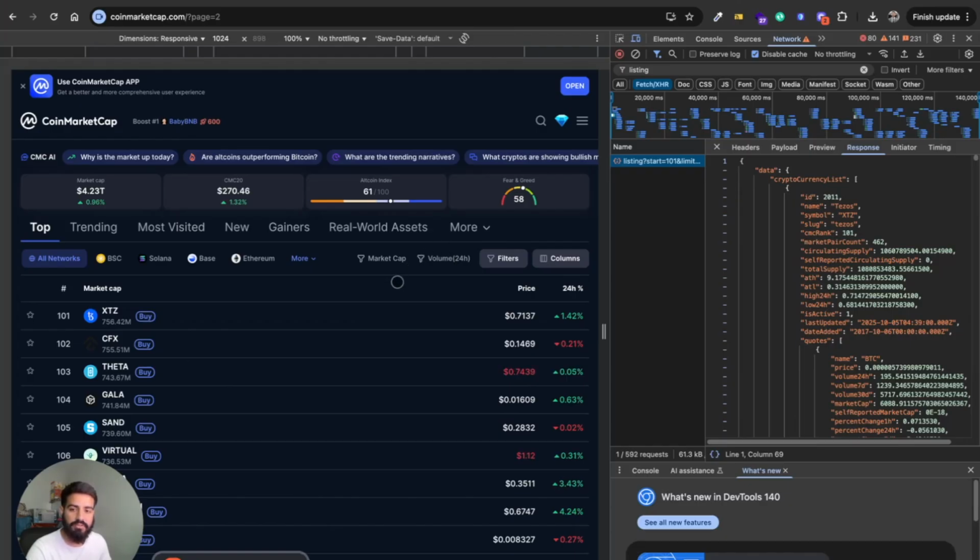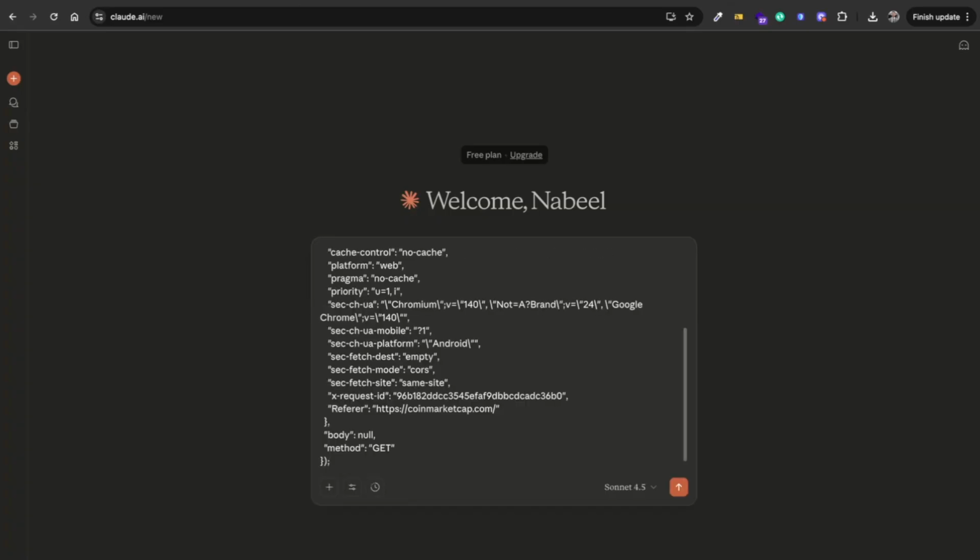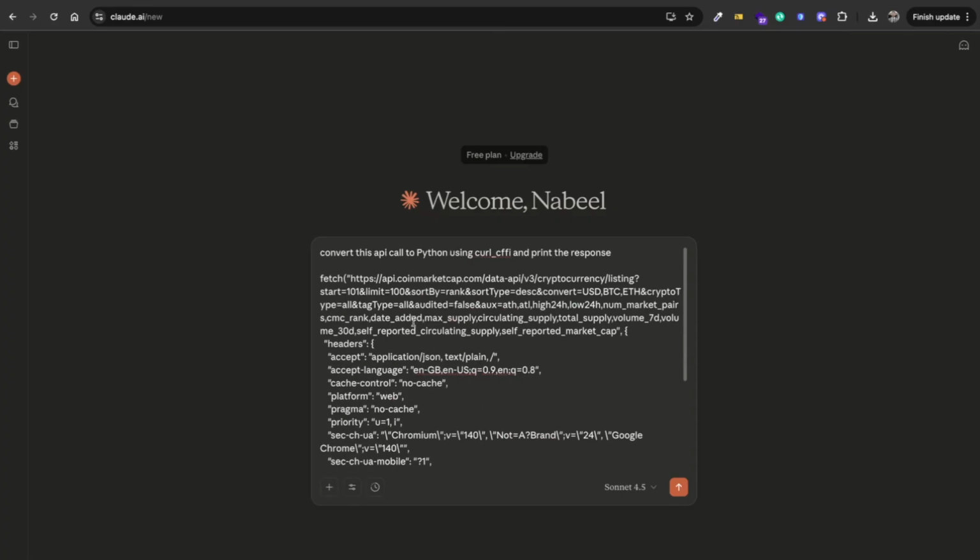To avoid these issues, you can go to any LLM, for example Claude, ChatGPT, or DeepSeek, and tell it: convert this API call to Python using curl CFFI, and print the response. Then you paste the fetch Node.js API code that you just copied from